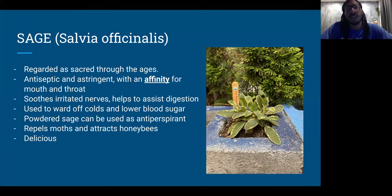Sage is one of my favorites. A lot of you are also probably familiar with sage, using it in cooking, using it in maybe different products. It's been regarded as sacred throughout the ages. Antiseptic and astringent, we mentioned those earlier. Antiseptic is essentially antibacterial. Astringent is tightening and toning the tissue, and it has an affinity for your mouth and